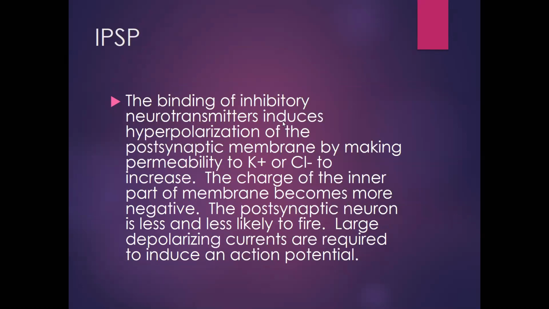So the binding of inhibitory neurotransmitters induces hyperpolarization of the postsynaptic membrane by making permeability to potassium or chloride increase. The charge of the inner part of the membrane becomes more negative. The postsynaptic neuron is less and less likely to fire. Large depolarizing currents are required. So these would be,